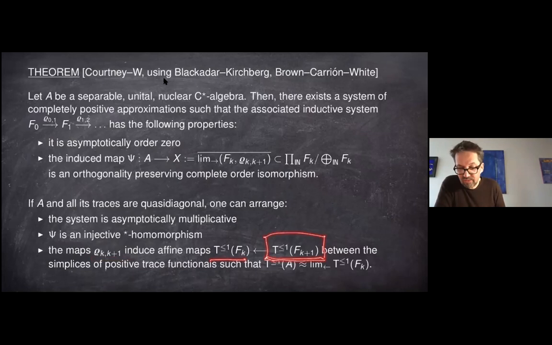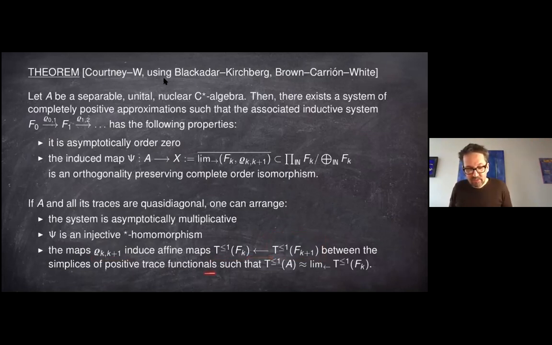Okay, and you have tracial functionals on F_{k+1}. And the extreme functionals are just finitely many. They're 0, and the individual normalized traces on the matrix blocks, and then you have maps in the reverse directions, and they're affine maps,